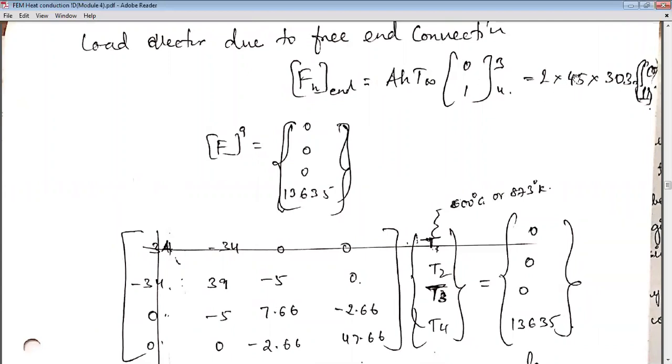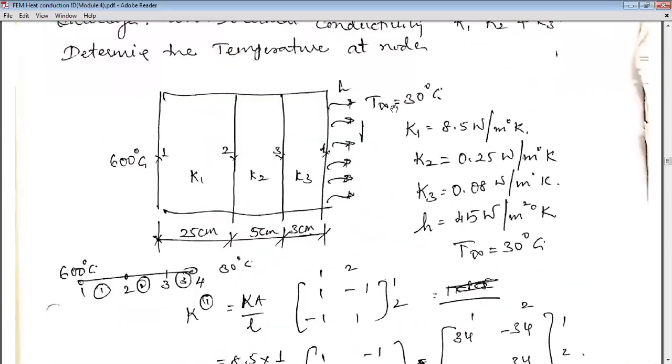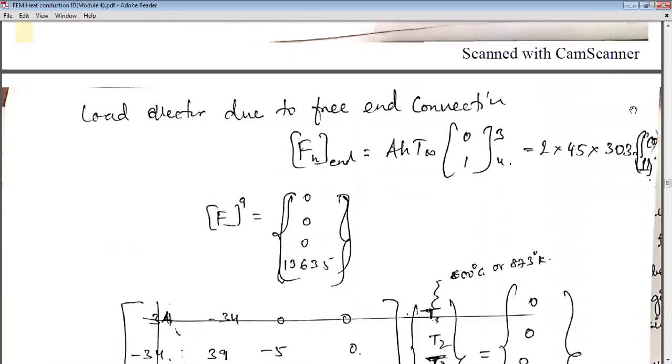1, 45. T infinity, 30 degrees Celsius, I believe. So everything is in Kelvins. Observe this, even thermal conductivity is in Kelvin. So 30 degrees Celsius has to be converted into Kelvin. So 30 plus 273. You know that to convert degrees Celsius to Kelvin, add 273. 30 plus 273 will be 303.